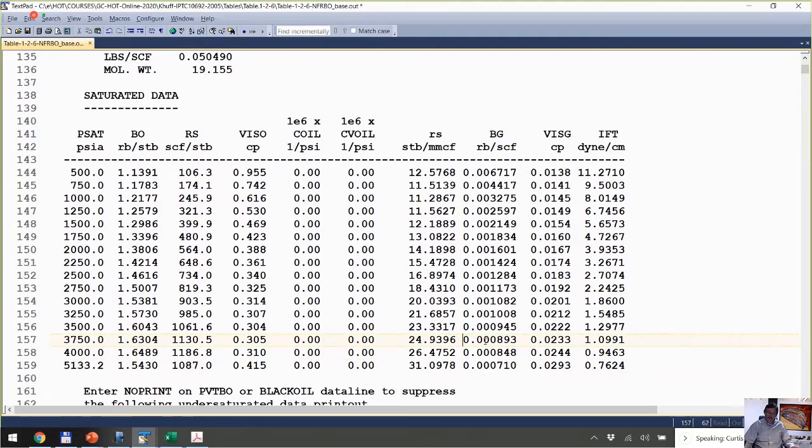Correspondingly, that will affect the BG, because this BG here is not written that way, but it's actually the BGD. So the BGD has the Z factor, but it also has, you remember, this little RS term. So the composition of the gas is changing, and accordingly, the BG changes because the composition is changing, that little RS term changes, and the Z factor changes. So again, these are,